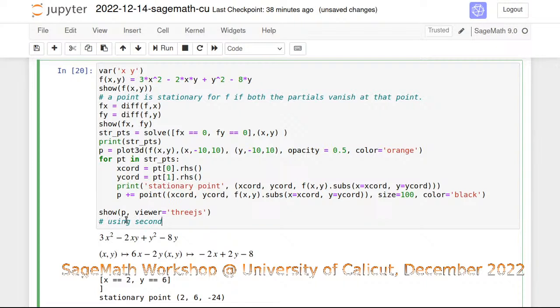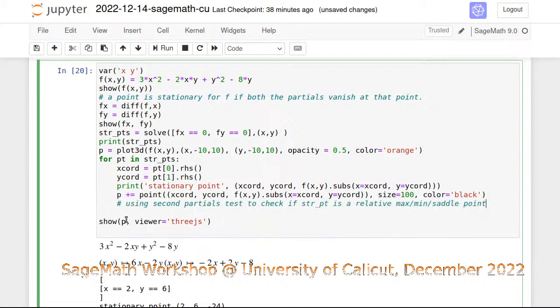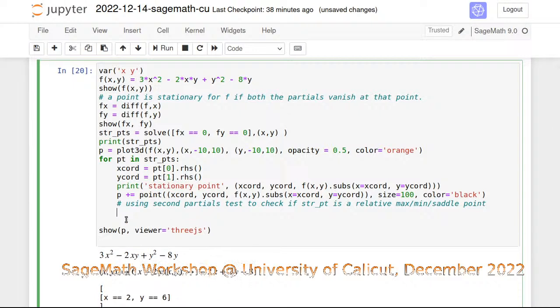Using the second partial test, each and every point we will do, so we will do it in a loop. So what is it we have to calculate? We need to calculate D equal to the second derivative of f with respect to x,